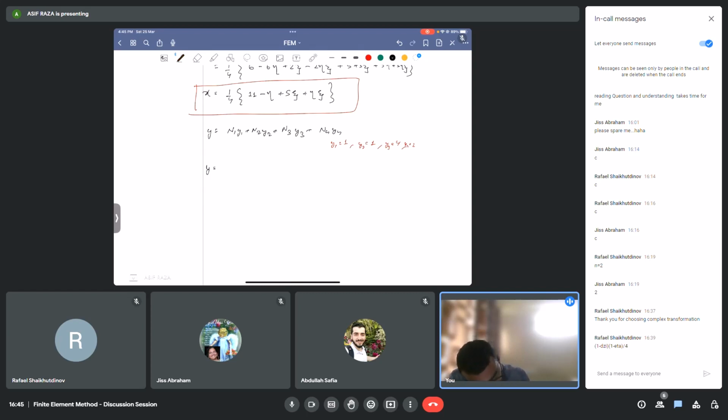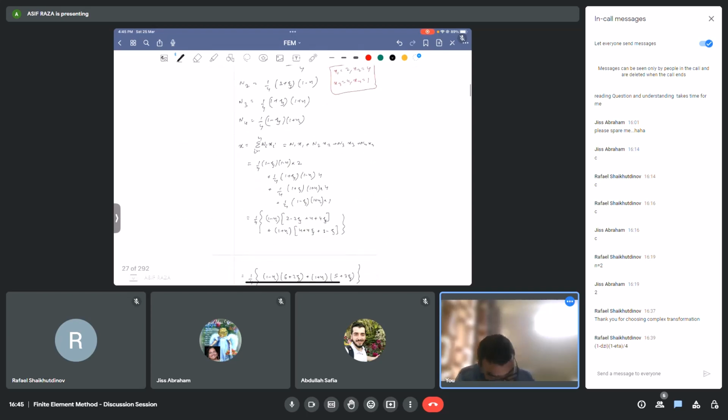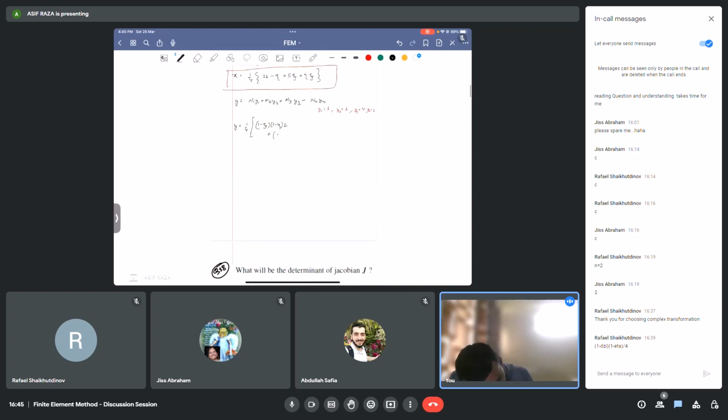So y equal to 1 upon 4, I'll take this out, (1 minus xi)(1 minus eta) times 1 plus (1 plus xi)(1 minus eta) times 1 plus (1 plus xi)(1 plus eta) times 4 plus (1 minus xi)(1 plus eta) times 2 equal to